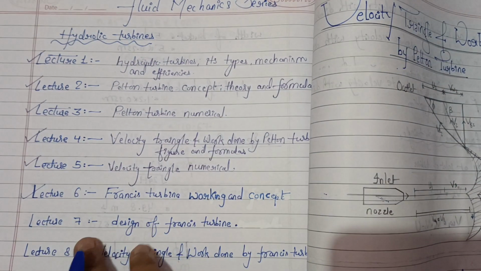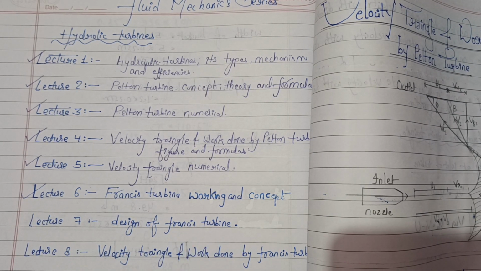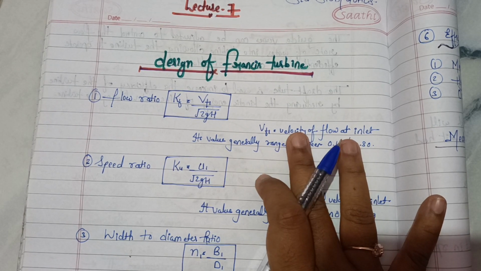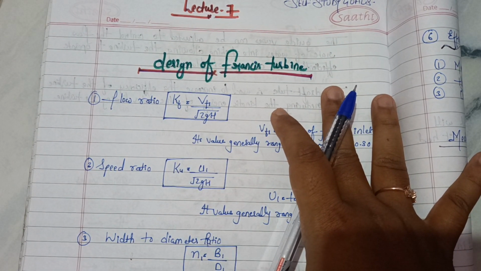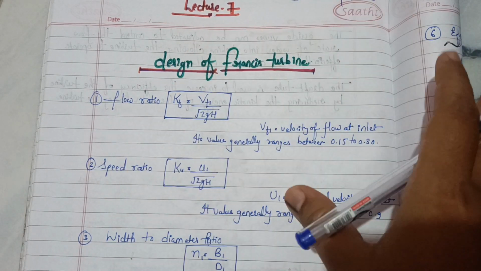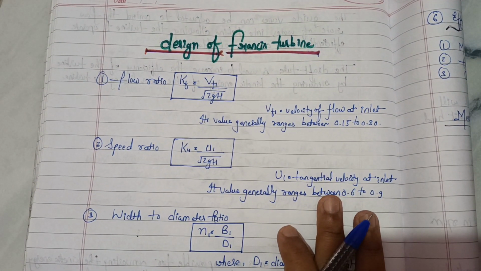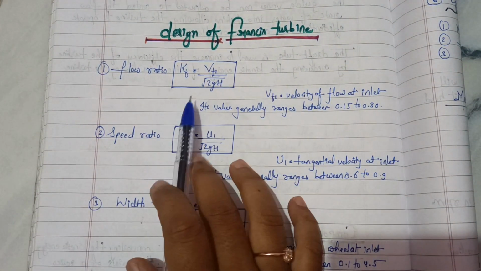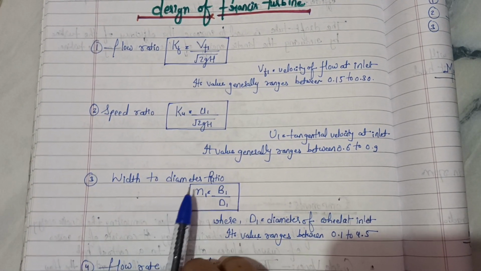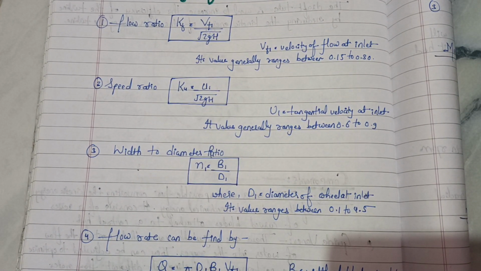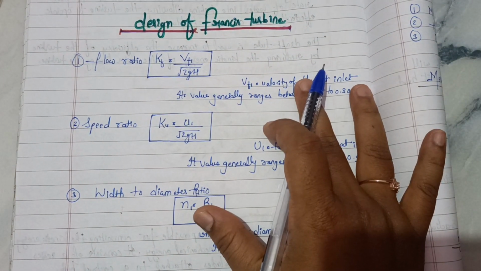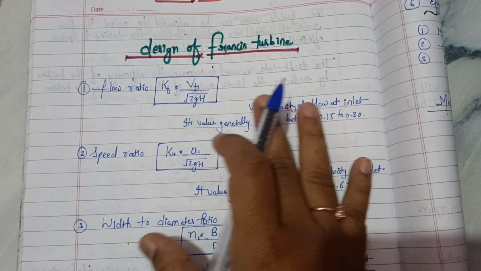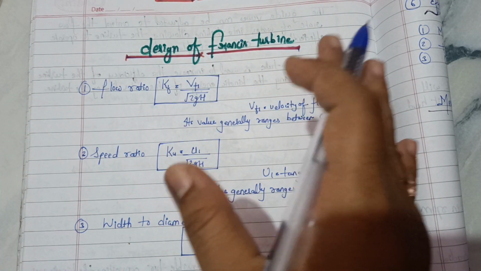Now we will cover lecture 7, that is the design of a Francis turbine. Velocity triangle and work done of the Francis turbine we will cover in a separate video. So now we will focus on the design of a Francis turbine. The design involves different terms such as flow ratio, speed ratio, width to diameter ratio, flow rate, etc. We will see all of them one by one, how we can get these formulas,